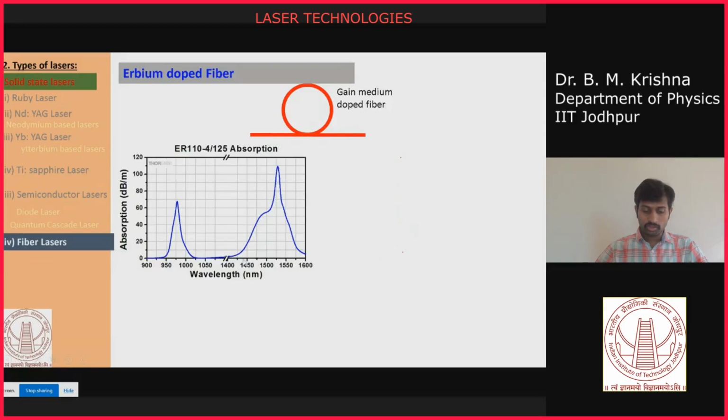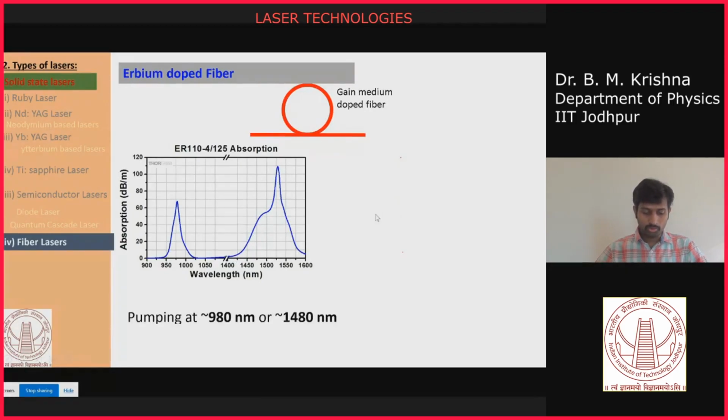Whenever this is your spontaneous emission, your lasing will also cover the range of the spontaneous emission. So you cannot get lasing emission at 1050 because you don't have a spontaneous emission at 1050. So there is no spontaneous photon to stimulate your excited atom to release the stimulated emission. That's why you don't have lasing action at 1050. So wherever you have spontaneous emission photons, those wavelengths are the only ones available for us to make a stimulated emission.